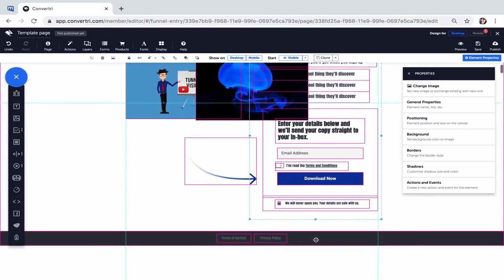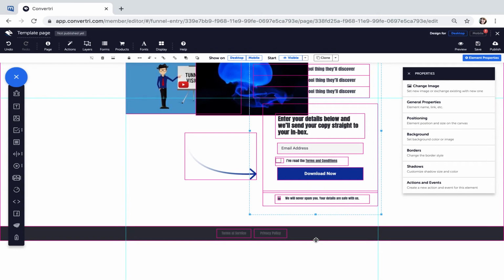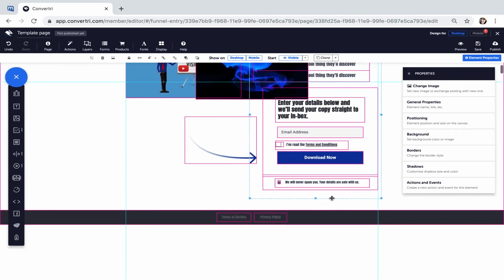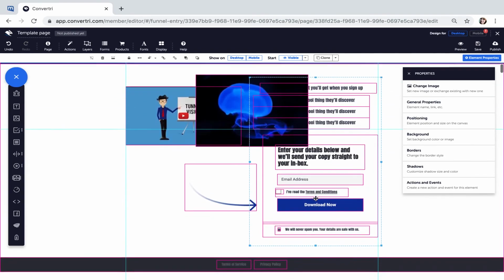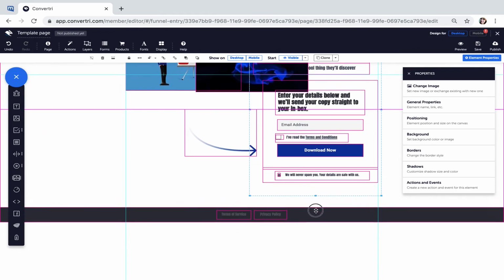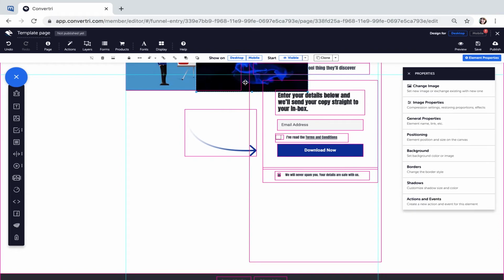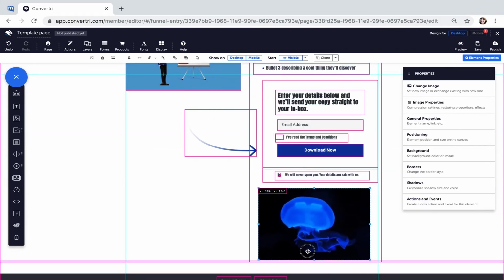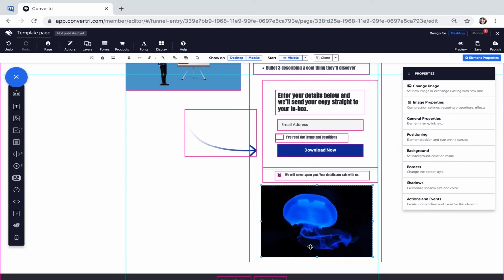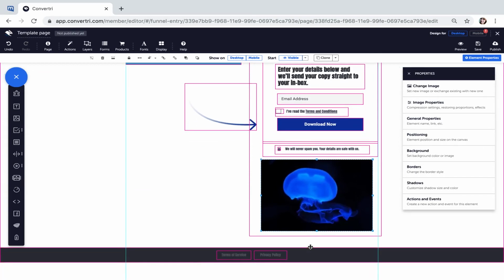Hold down Shift and lengthen the container enough to approximately contain the jellyfish image. Next, drag the jellyfish into the created space. The jellyfish image is now in the right area, but now we need to reposition it and make it the